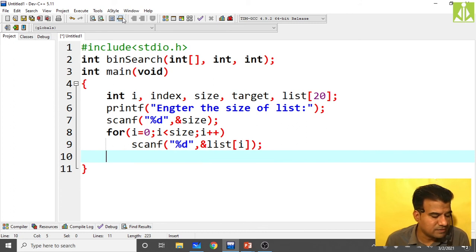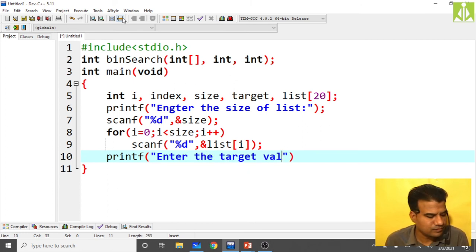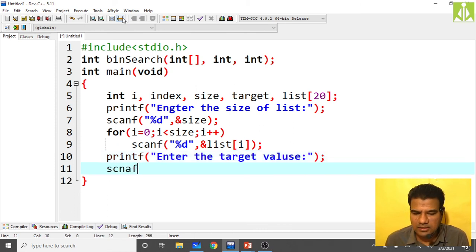Then printf, read the target, enter the target value, backslash n if you want, or else directly go like this. Read the target: scanf %d, &target.